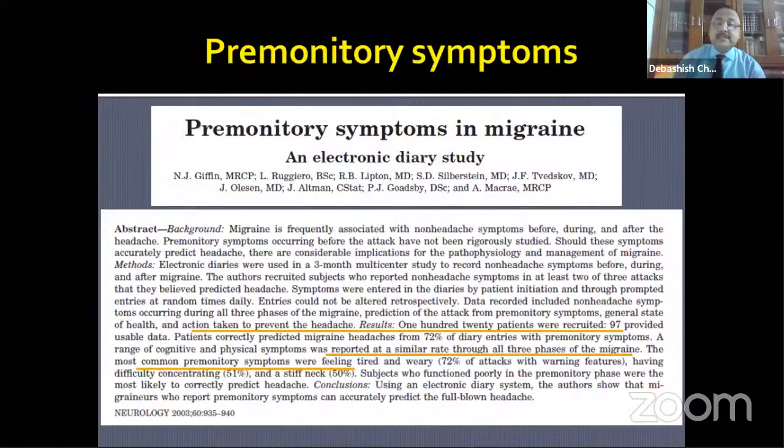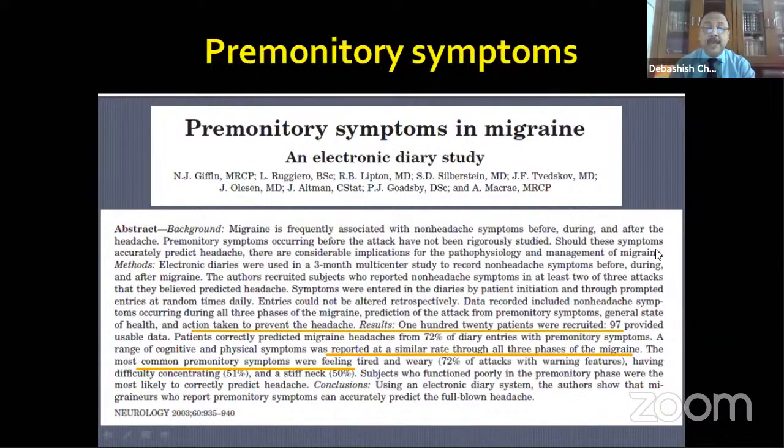Very important data has come up by studying the premonitory symptoms, and it has been found that about 70% of the patients can actually correctly predict the onset of their migraine by the premonitory symptoms. And usually the warning features are difficulty in concentration, stiff neck, yawning, feeling tired, feeling weary. So these are very, very characteristic of